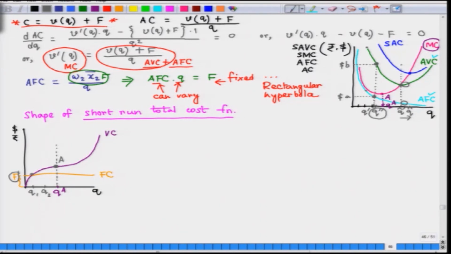Similarly, we can now move to quantity level 2, we go up and meet a point on the variable cost curve, and then if we add a constant F, the fixed cost of production, to it, we get another point, say somewhere here, right. So this is also another point on the total cost function. Now if we join them, then we get